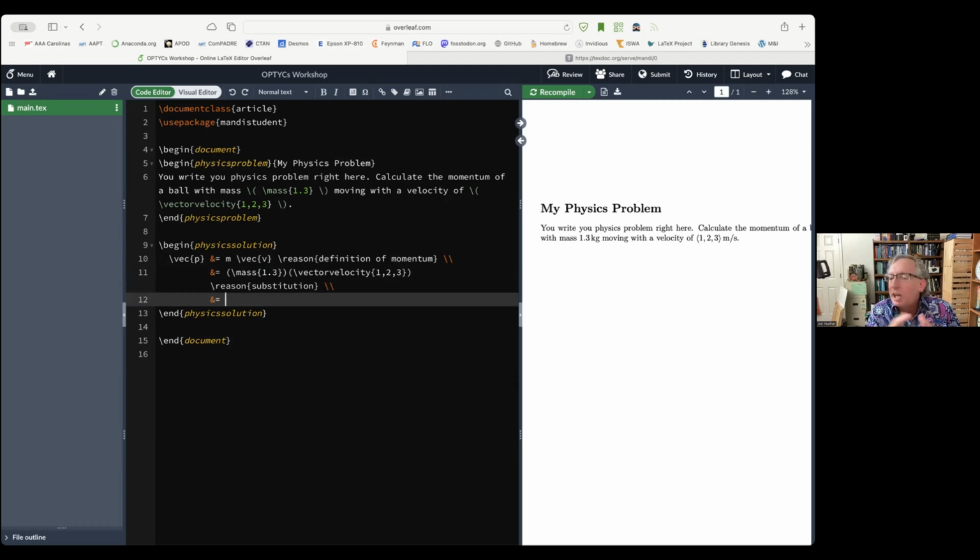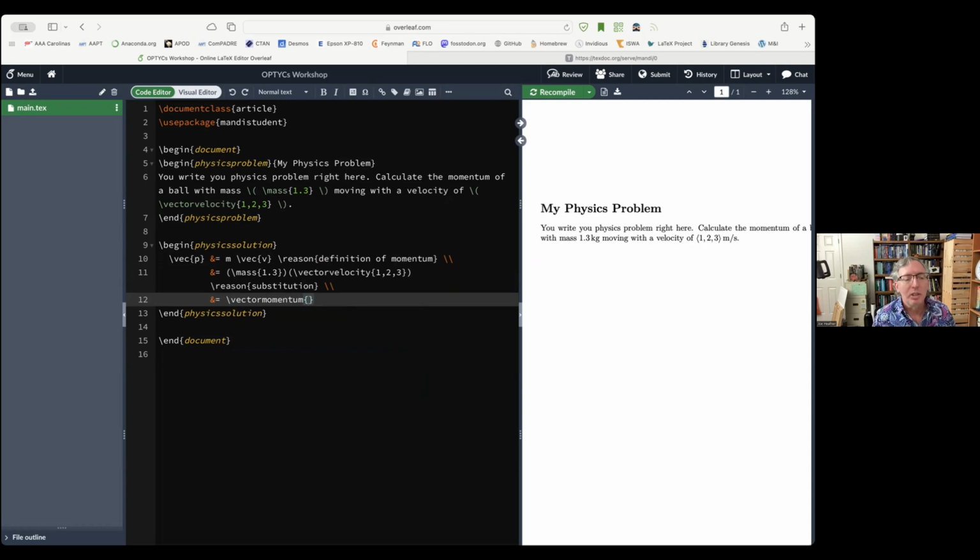They can either pull out a calculator and do the calculation the old-fashioned way. I had my students write a Python script for every problem, but there is another option, and that is you can make LaTeX do the computation for you. I'm not going to do that here. I'm going to give you a template in just a few minutes that does illustrate how to do that. But now we're simply going to say